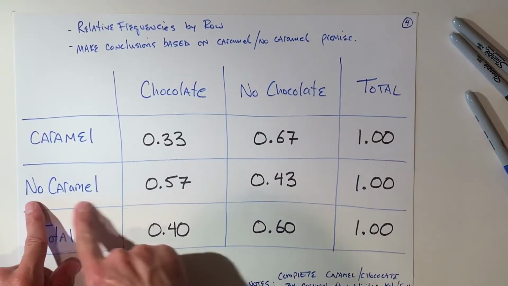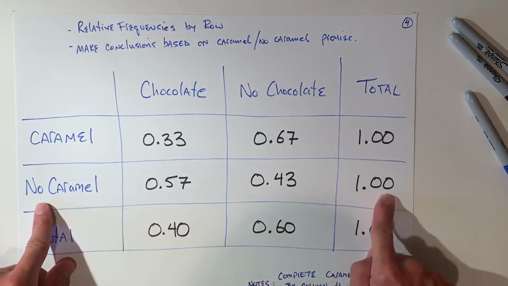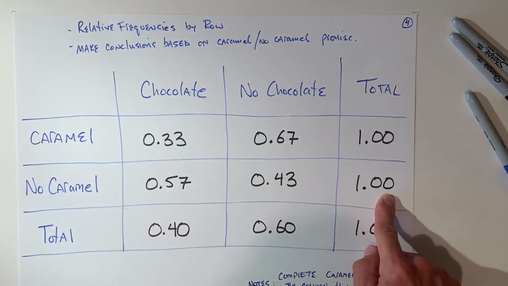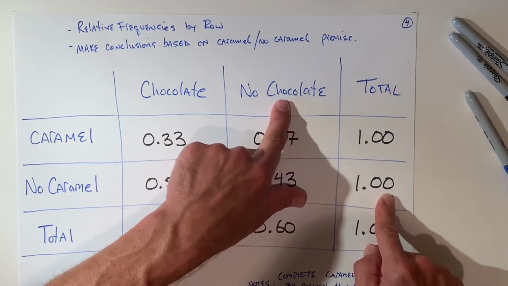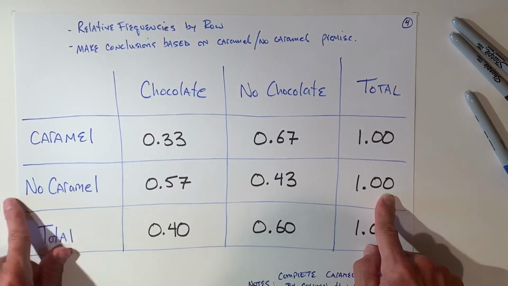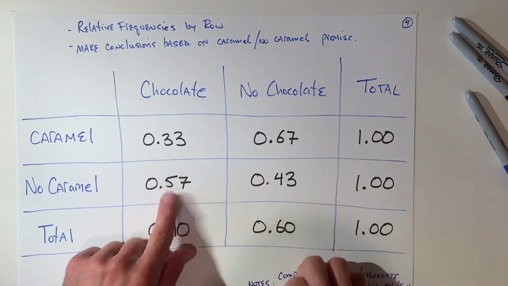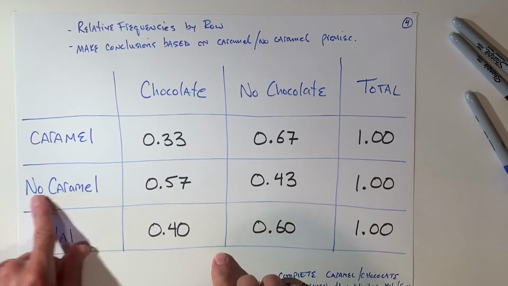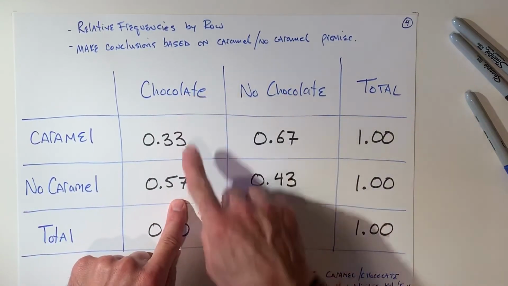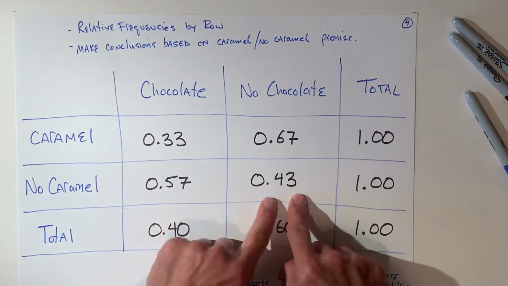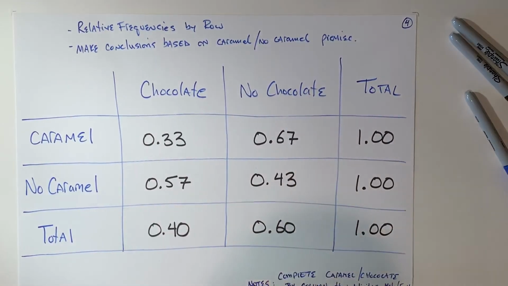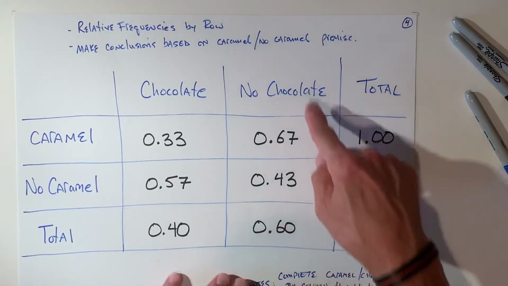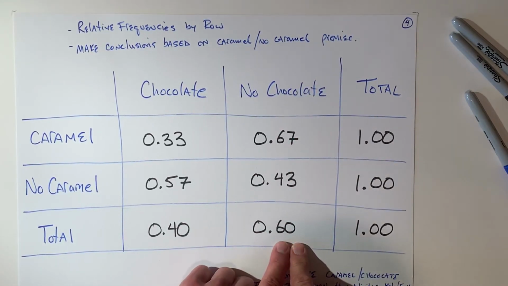Same deal here. If I find someone that does not like caramel and I try to make a judgment on would they like a chocolate chip cookie or not, I'm going to say if they don't like caramel, these two numbers, this is the greater number. So no caramel means they more likely prefer chocolate than to avoid it. Do you see how that works? And these two numbers down here only simply tell me that there's more people that prefer, well, avoiding